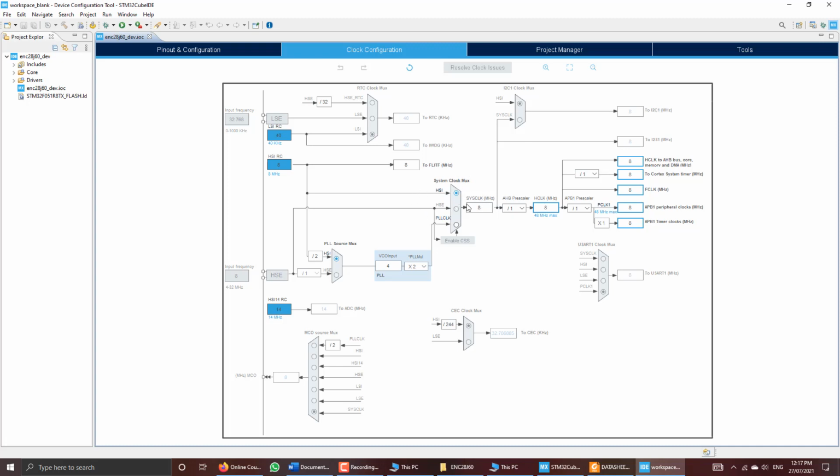By default this system clock is clocked by the HSI, the high speed internal RC oscillator. This is the HSI RC, a resistor-capacitor based oscillator, and its frequency is 8 megahertz only, and it is directly connected to the system clock. So we are getting 8 megahertz, but first we want to increase the clock frequency to the maximum, that is up to 48 megahertz. So we have to use the PLL clock.